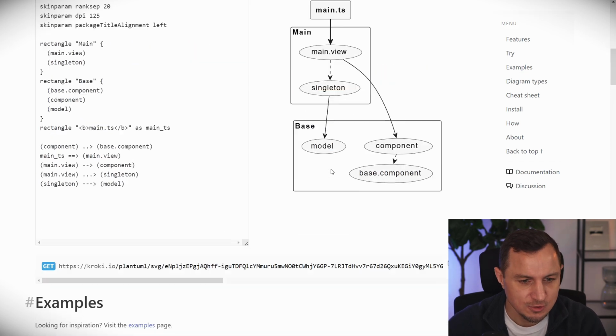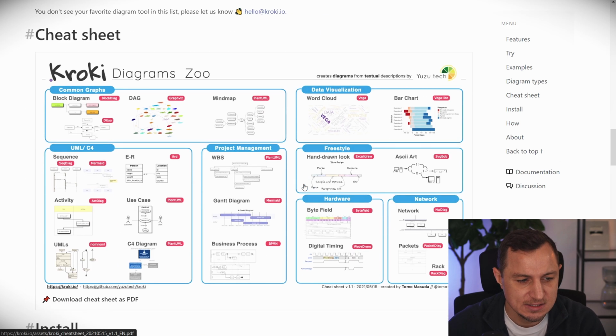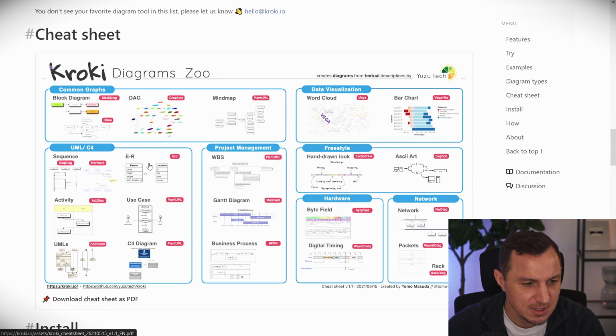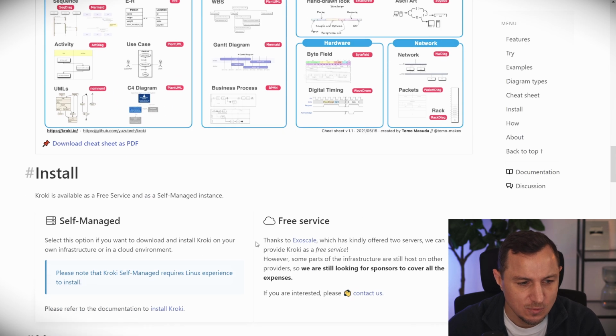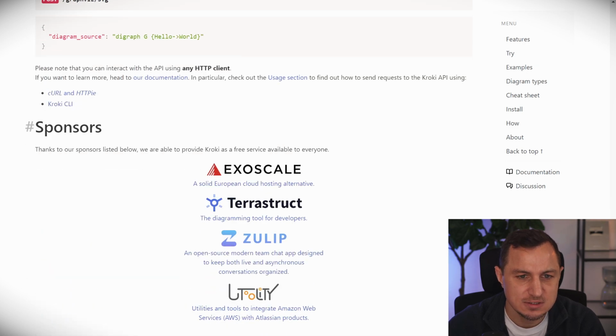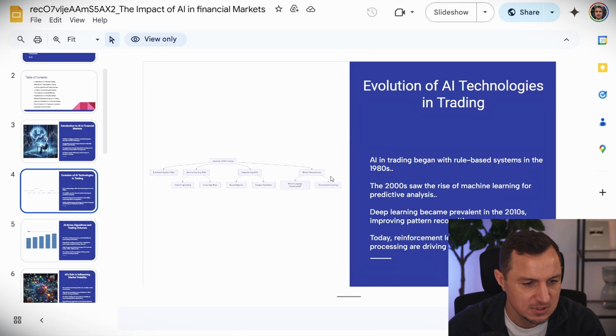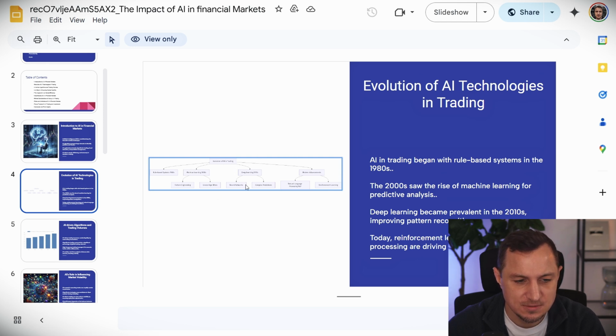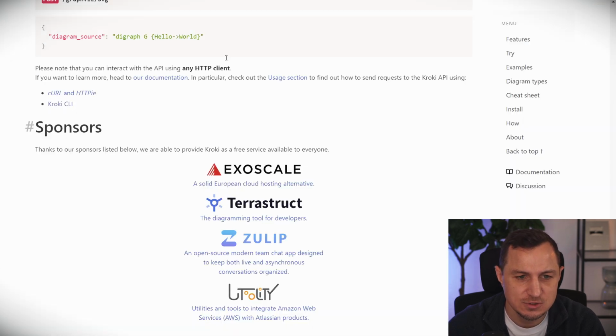So here Kroki allows you to create all kinds of graphs. You can create block graphs, mind maps, all kinds of graphs, as you can see here, right? And what we're doing is we're creating a graph that is this flowchart that we get in the end. So this flowchart, this is a PNG, but the underlying flowchart is generated using Kroki, K-R-O-K-I,